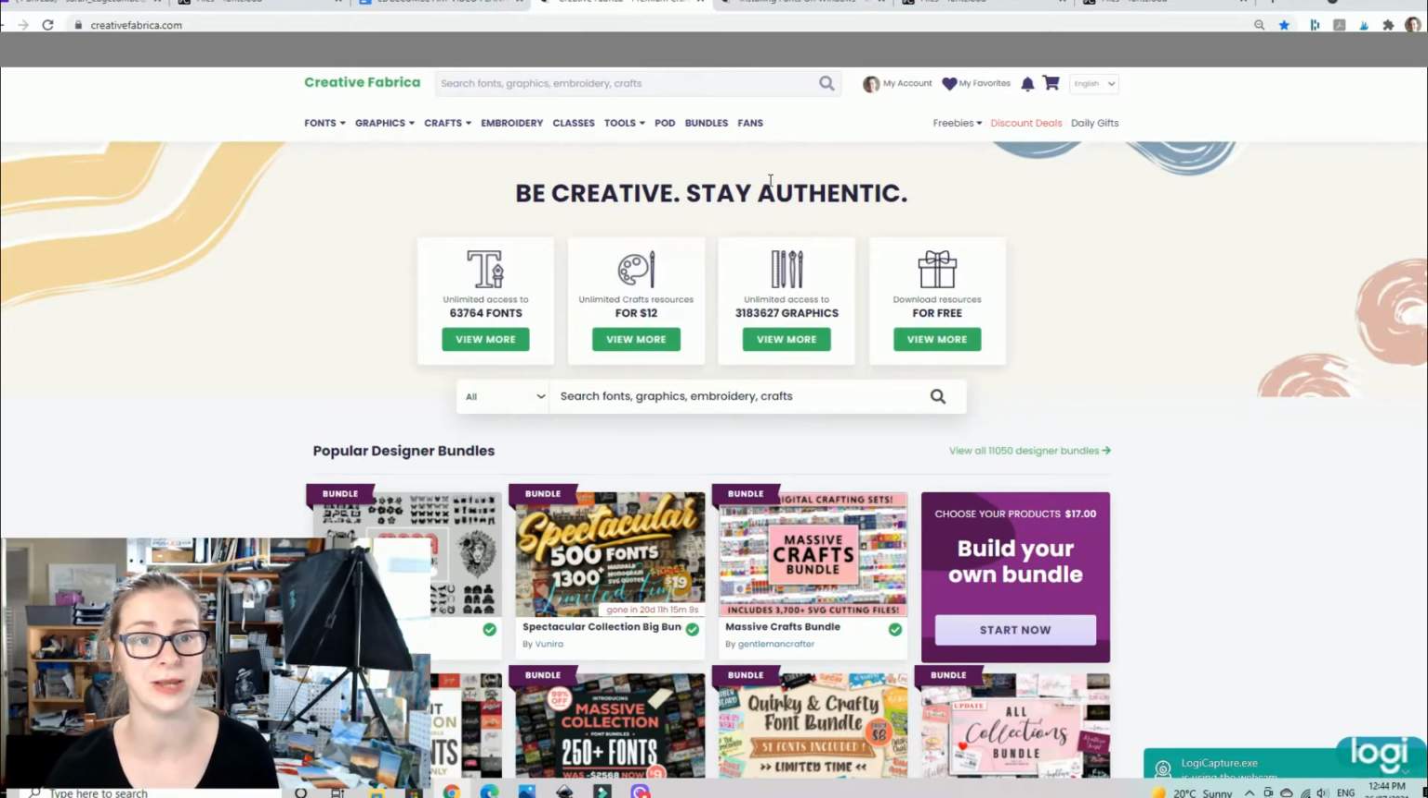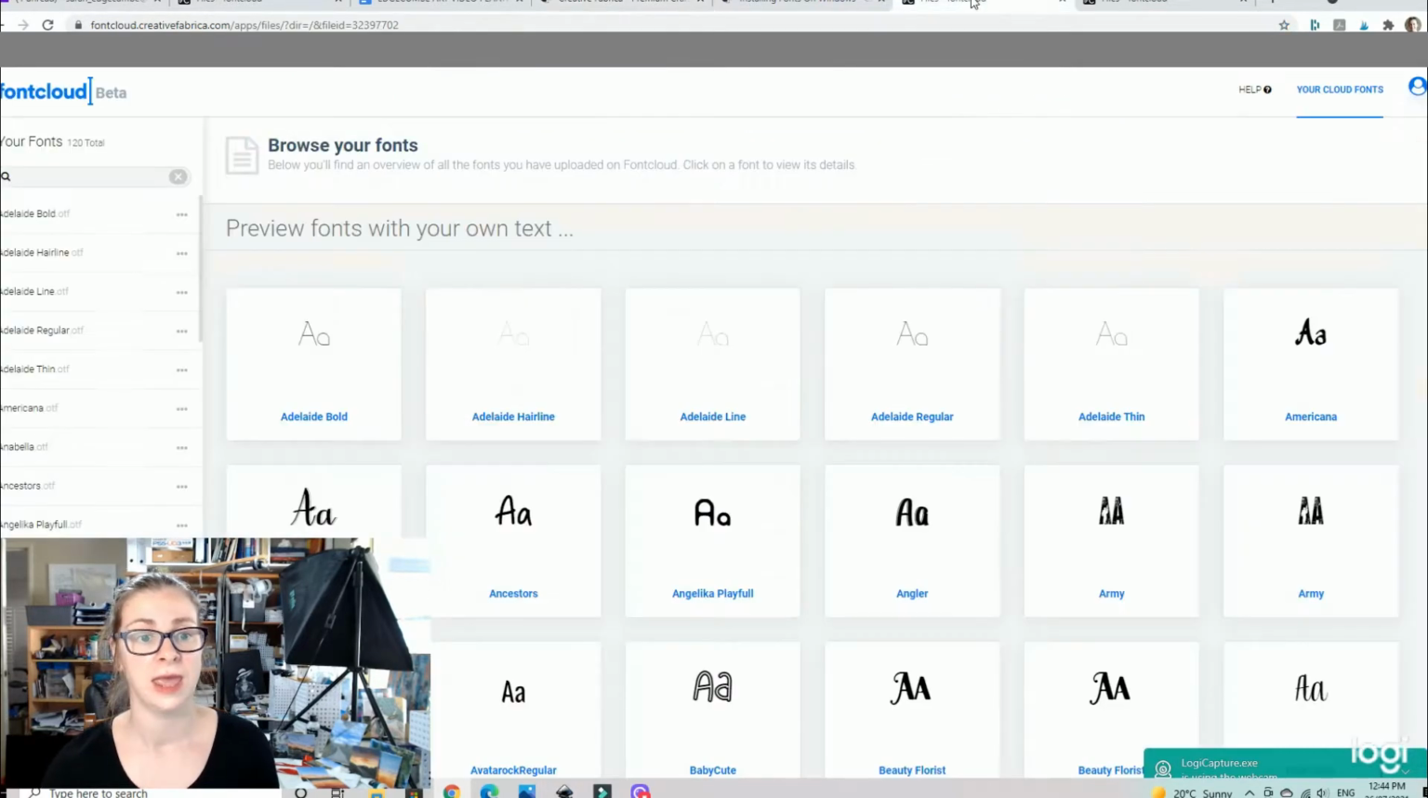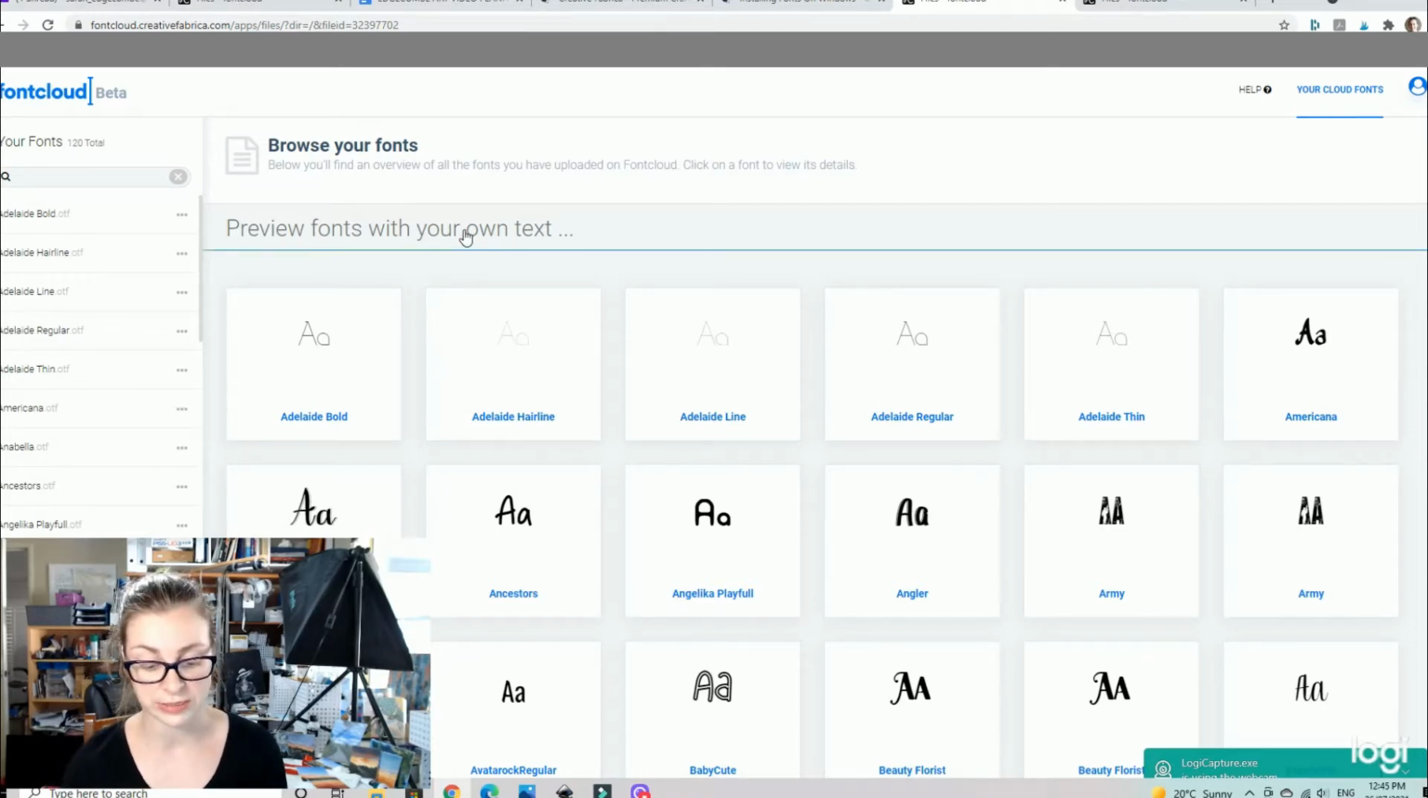Okay, so here we are in Creative Fabrica, and what you're going to do is go to Tools and go to Font Cloud. And here you are, you'll get into this site, although you won't have the fonts in here just yet, but I'll show you how to deal with that. And then you're going to type in